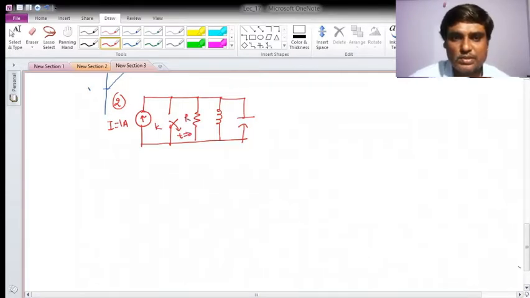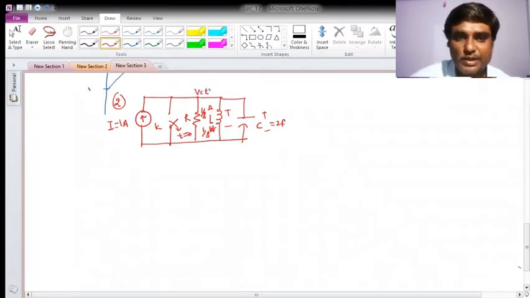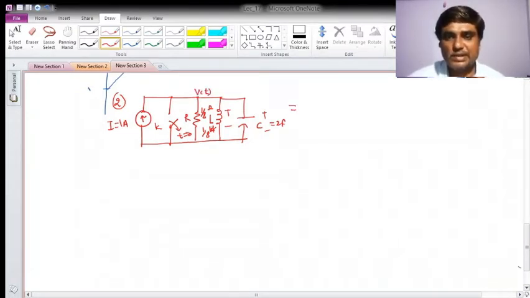Okay, this is R, L, C, your polarities are assumed like this, and say your R value is 1 by 8 ohm and your inductor value is 1 by 8 Henry, and capacitor say 2 farad. Okay, and now I have to solve for, let's say, node voltage V of t. So to get it, let us write the equation.